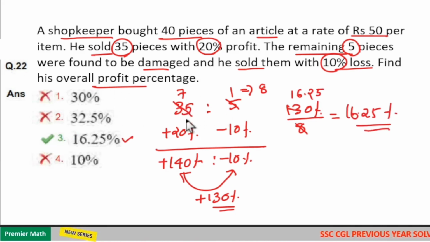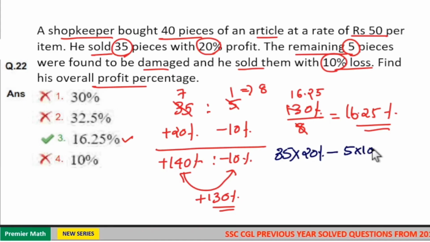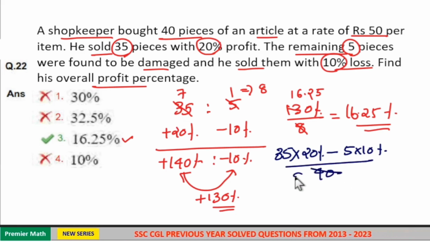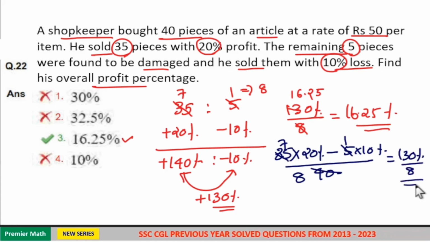Here, even if you take 35 and 5, 35 into 20% profit minus 5 into 10% loss. This minus is because of the loss. Divided by 35 plus 5 is 40. 5 goes 8 times in 40, 5 goes 7 times in 35, 5 goes 1 time in 5. Now, 140 minus 10 is equal to 130% divided by 8. So, even if you take 35 and 5, it will cancel each other, the numerator and